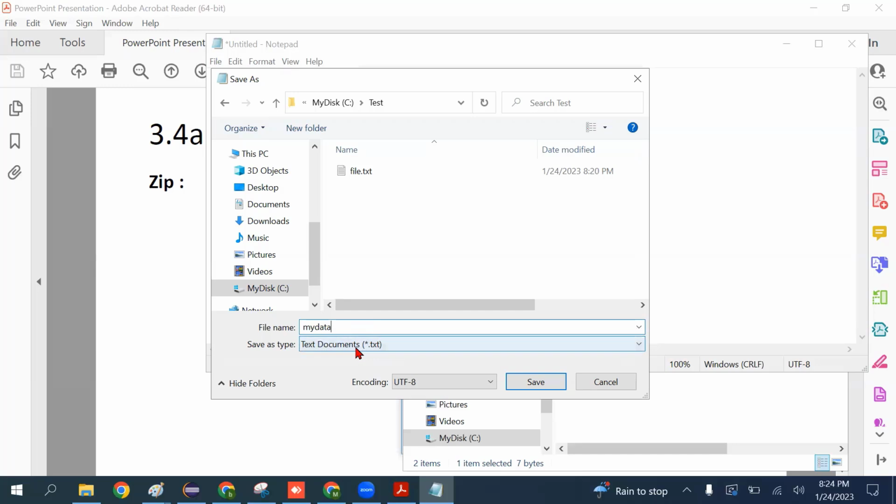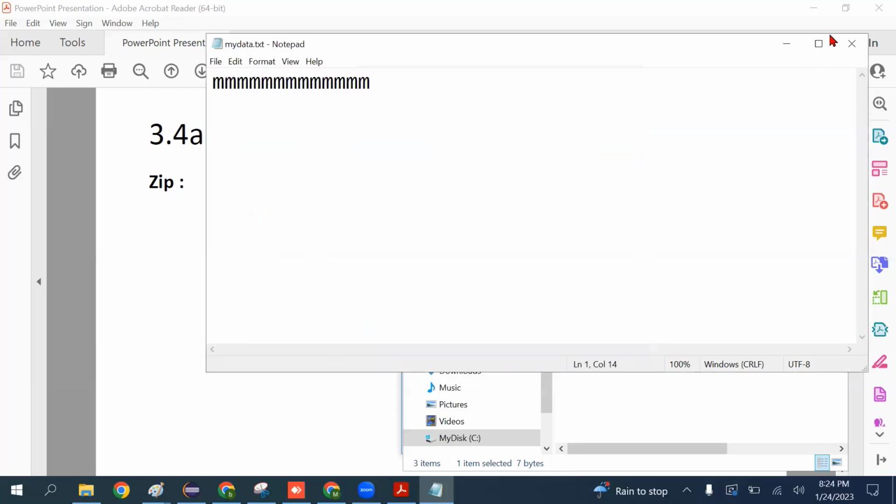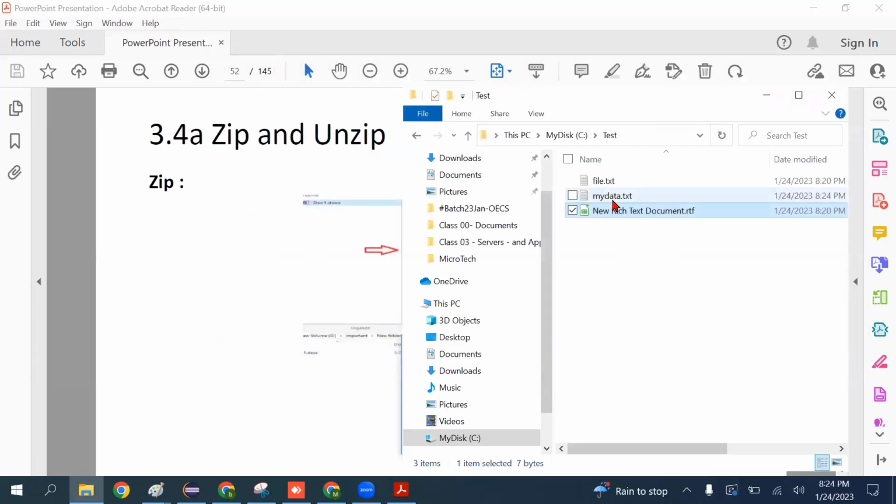Save as type txt. So I don't need to write .txt here because it is already selected down below. If I click save and close it, you'll see my data.txt file is there. So .txt files are Notepad files. Which file is for RTF? .rtf. And what does RTF mean? When Microsoft Word was not there,